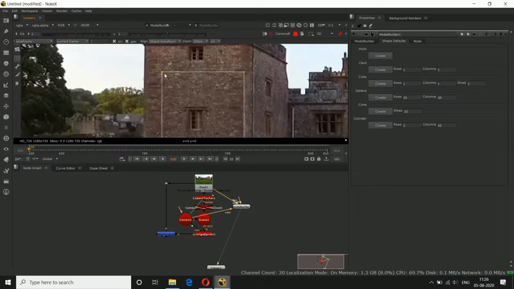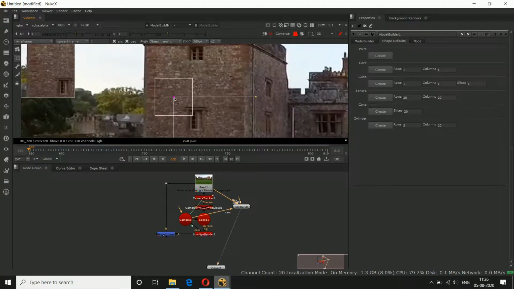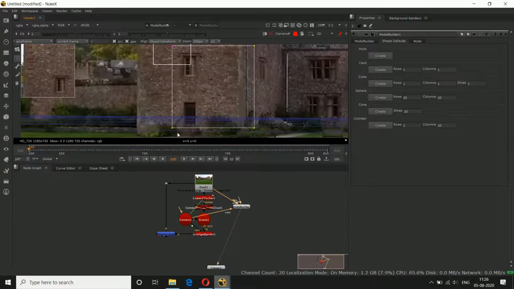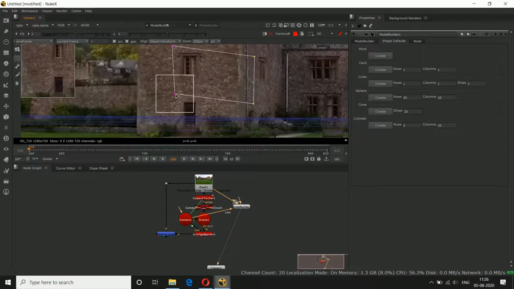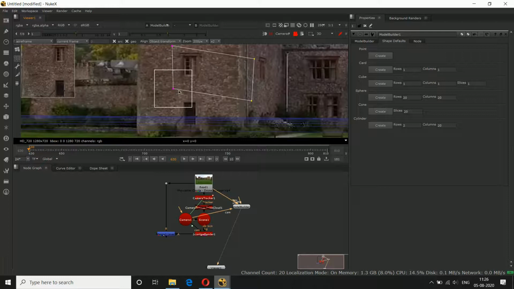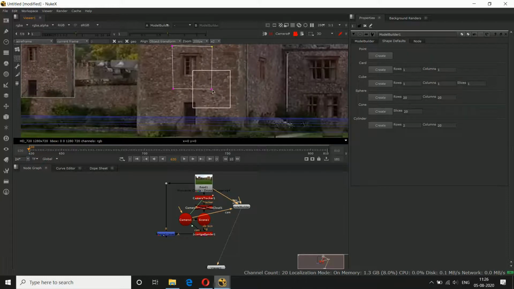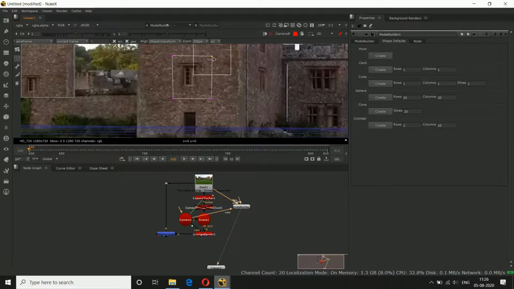Now just align the card like this. Align the card properly, around the window, beside the window. It should be inside.